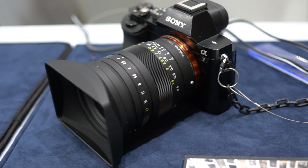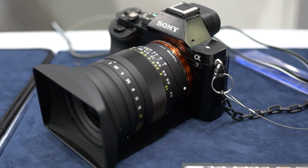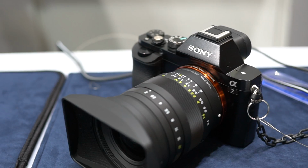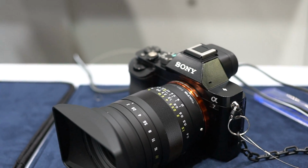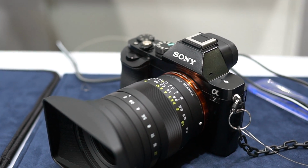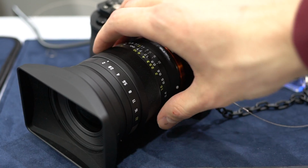Alright, and just a quick little pit stop here at Tokina's booth. They're starting to get into the mirrorless lens game as well, and many people know about their Firin series of lenses. Now they only have one, I believe, for now. It's the 20mm f2, but from what I've seen and from what it feels like, it's definitely no slouch in